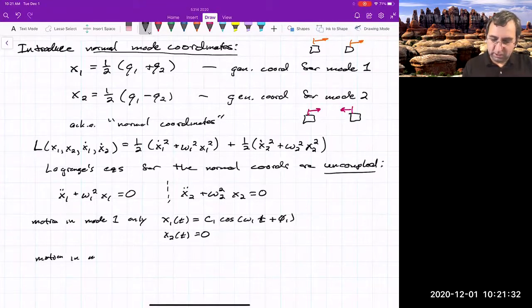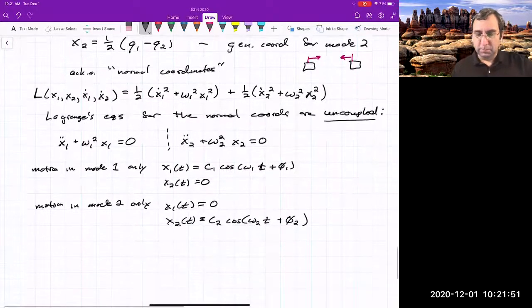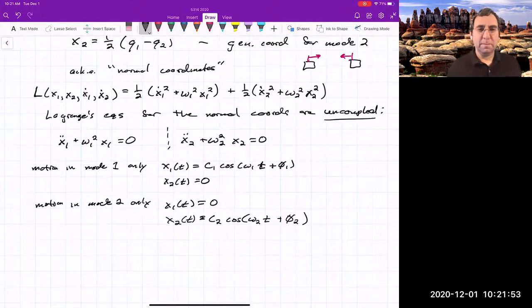Same thing, motion in mode 2 only: x1(t) is going to be 0, and x2(t) will look like some constant cosine(omega2 t plus phi2). So the power of normal coordinates is that it shows that the motion in the two different modes is completely uncoupled,